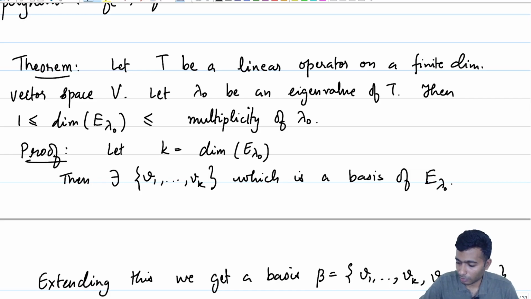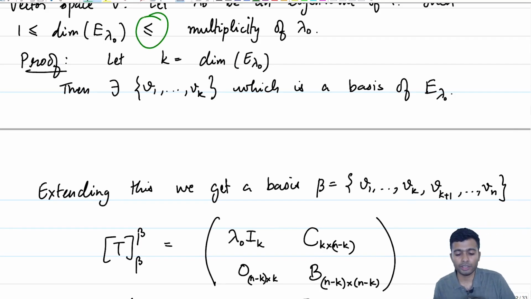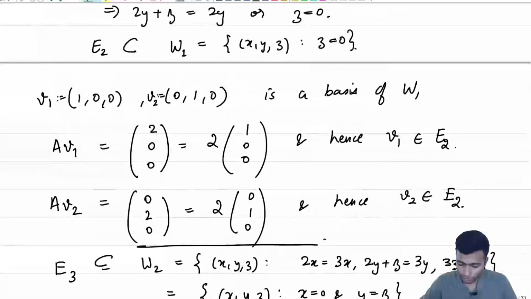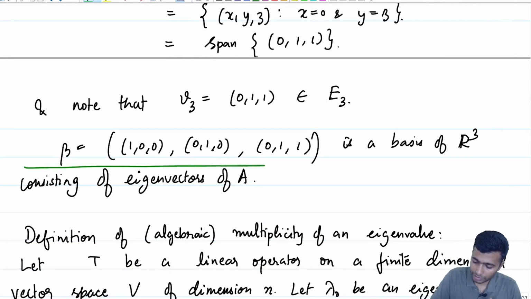If the characteristic polynomial splits, and if this inequality which is circled in green turns out to be an equality, then we found out that it was diagonalizable